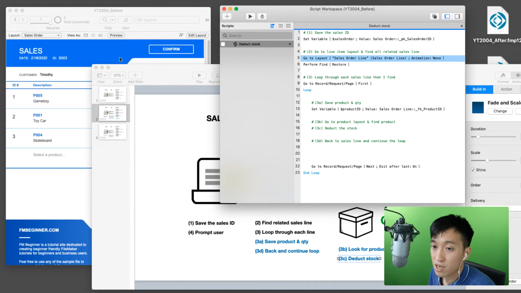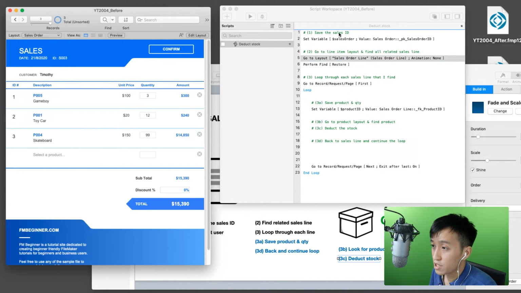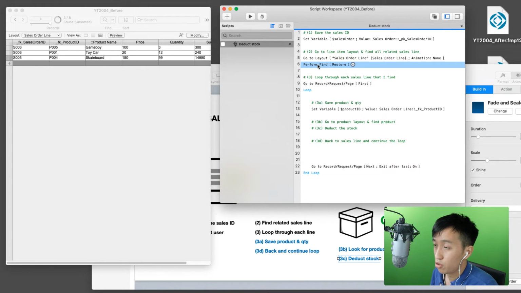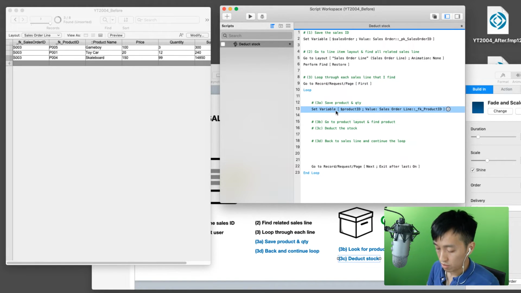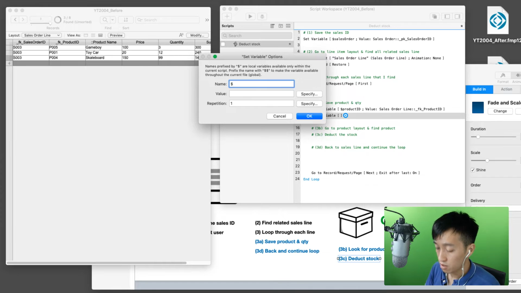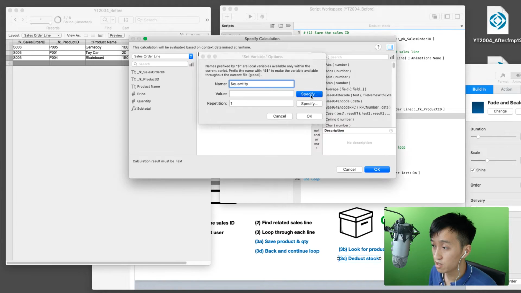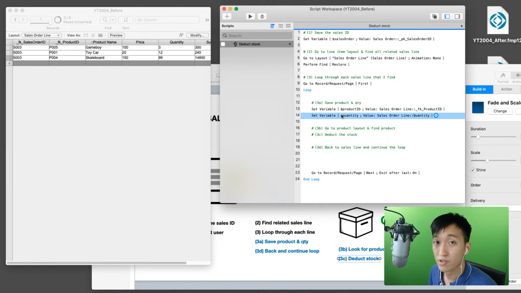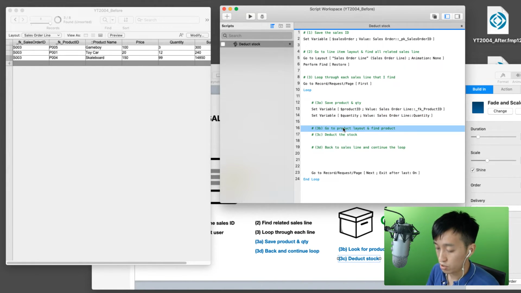So basically what we did just now is that on the first step here we save the sales order like S003, and then we go to the sales order line in this step, find all the related records, and now at this point in time we want to save the product ID, which is this information here. So not only do we want to save the product ID, we also want to save the quantity that we are selling. So quantity here, and then sell quantity. We save both of these pieces of information, and then what we're going to do next is we are going to go